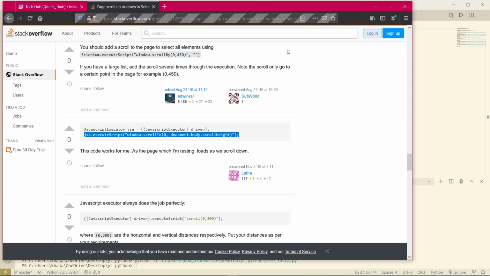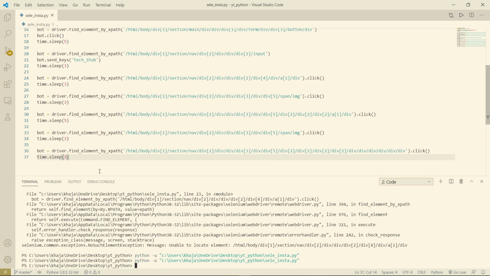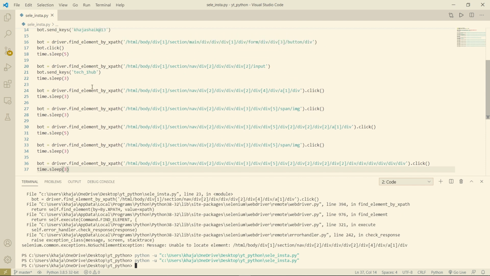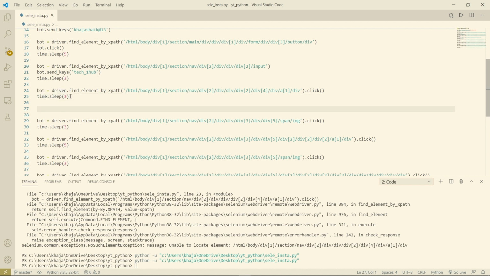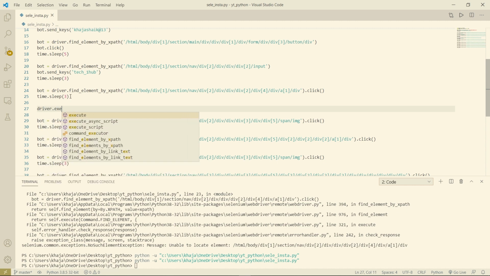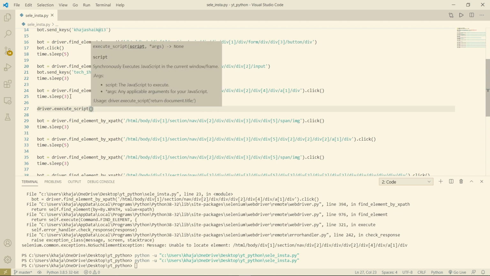Now after sending keys, it will click. Then it will wait for 3 seconds, and now what we will do is driver.execute_script. We have to execute a script. I mean that is JavaScript.